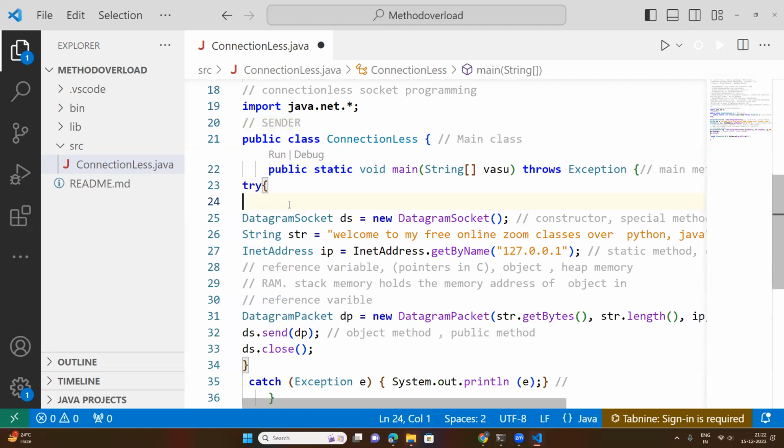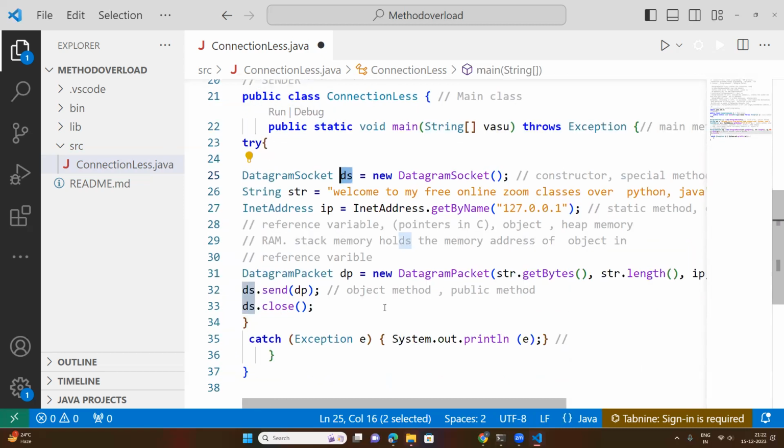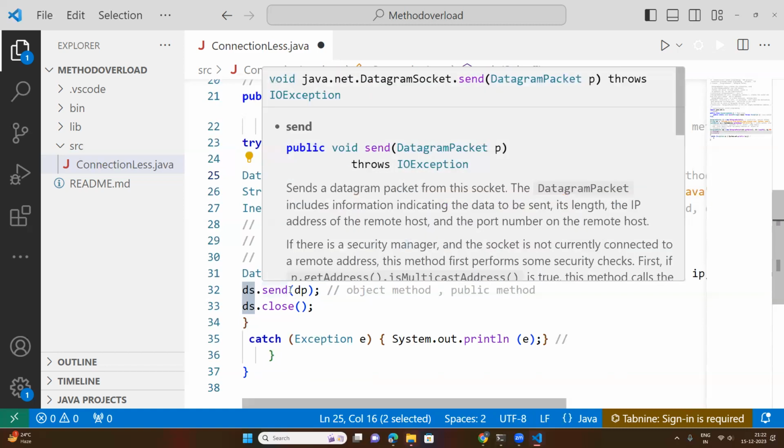Now they will be put in the datagram socket object. Why? If we don't want to keep them all there, they need to be wrapped. See how it is wrapped here. Try to understand. By this send method,